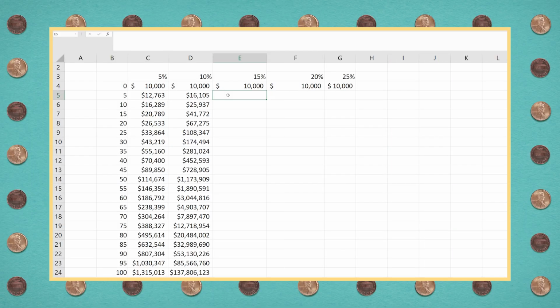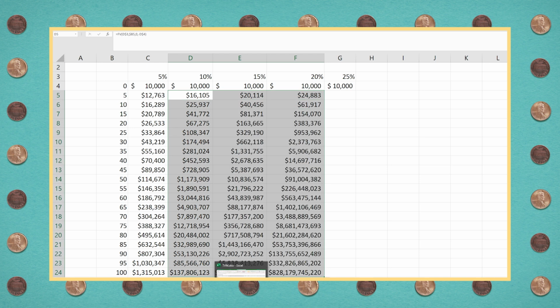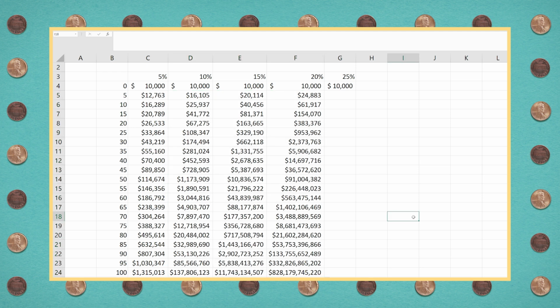This is an exponential growth. Let's see what we'll get as we look at 15 and even 20%. We can drag these across and then down. We went from 137 million to $11 billion just by going from 10% to 15%. If we go from 15 up to 20%, we go from $11 billion to $828 billion, starting with just that same 10,000.